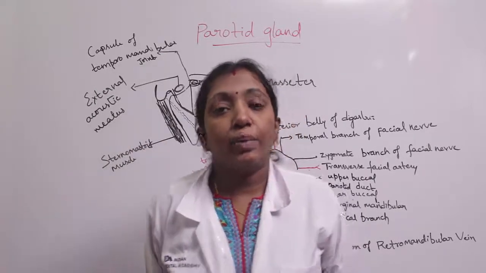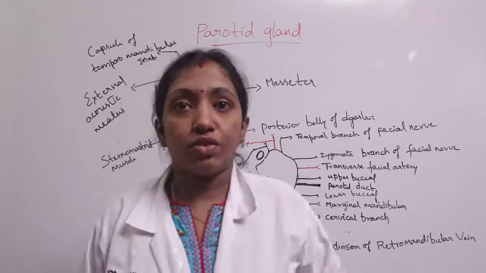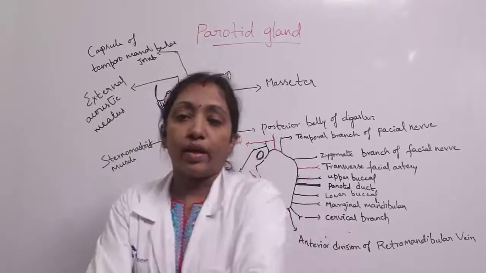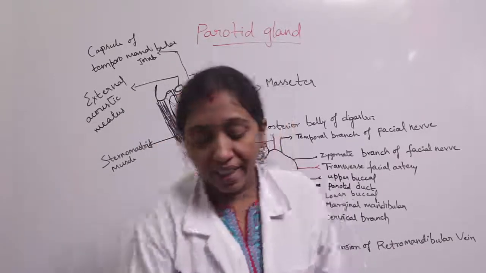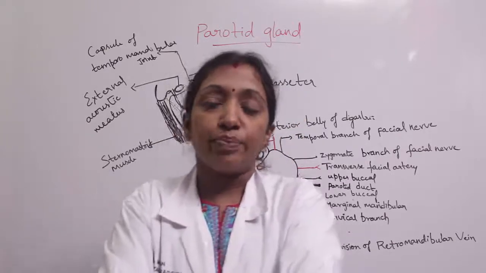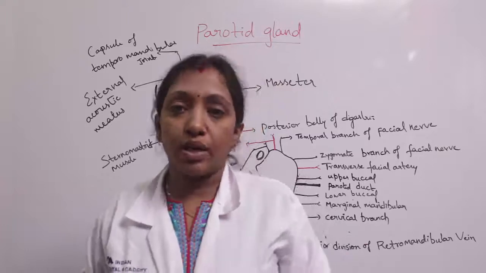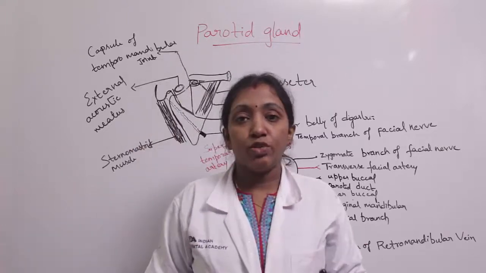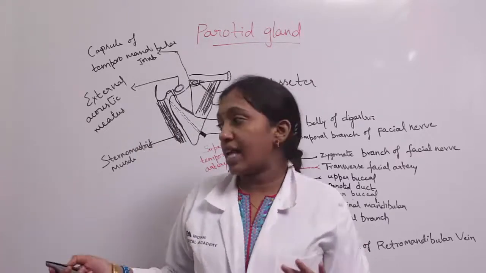Parotid gland. The parotid gland is the largest of the three paired salivary glands. It weighs about 25 grams. And coming to the parotid gland, first we have to discuss